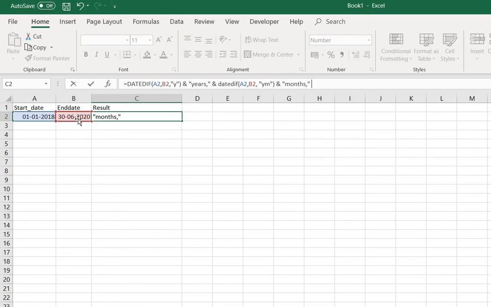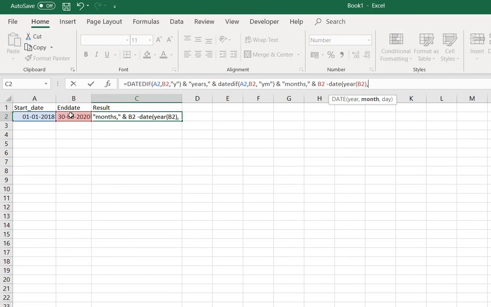Now I will add this again with the remaining days. So how to find the remaining days? In order to find the remaining days, you have to select the end date, then give this minus sign, then DATE of year, and then you have to select your cell and close the bracket.